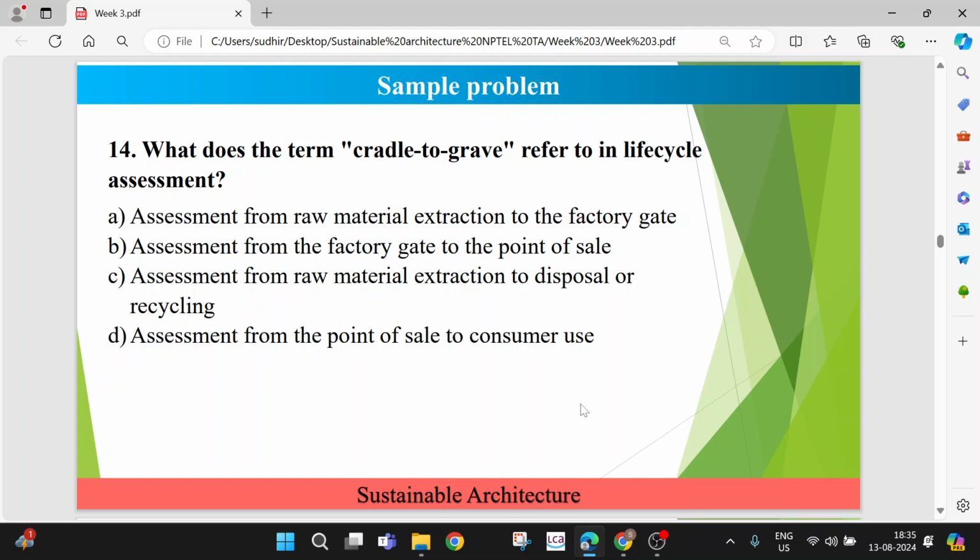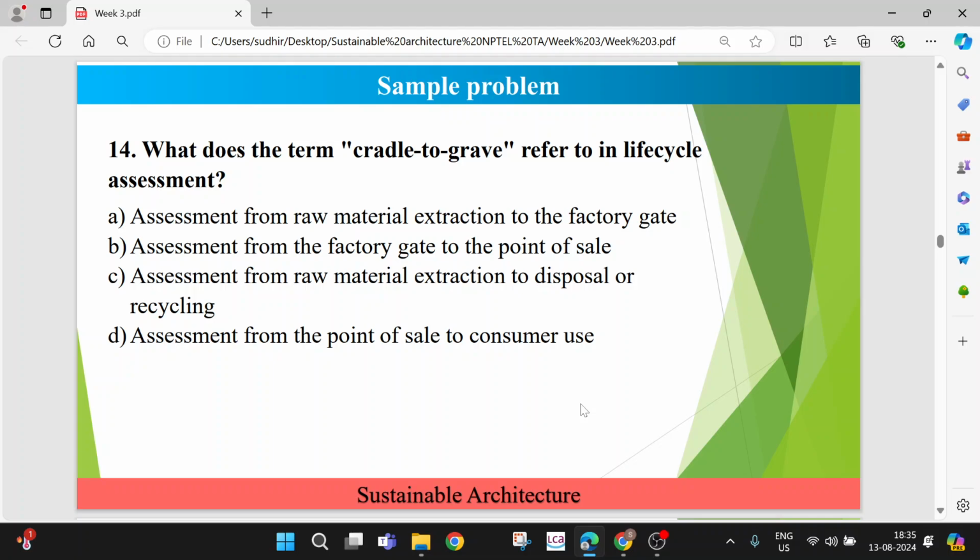So others try to give answers to this question. Rest, the correct answer is C only. I hope it is clear to all of you that this cradle to grave, in the life cycle assessment, mainly includes all the stages from the extraction of raw materials through the disposal or recycling at the end of the product's life, providing a